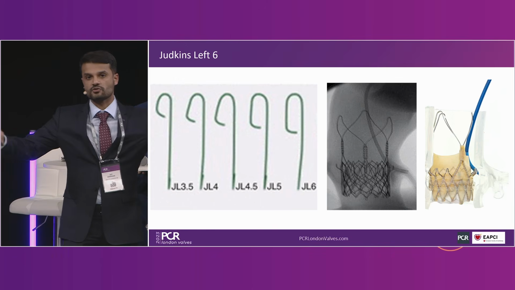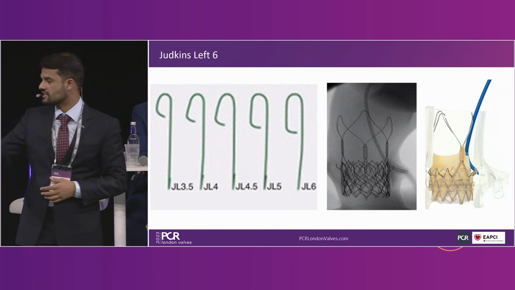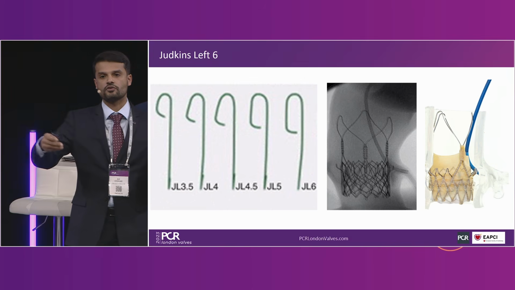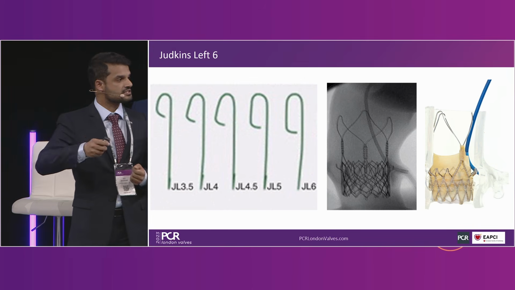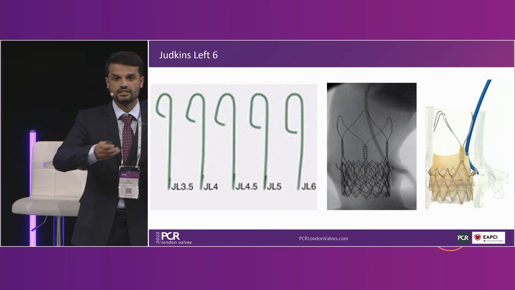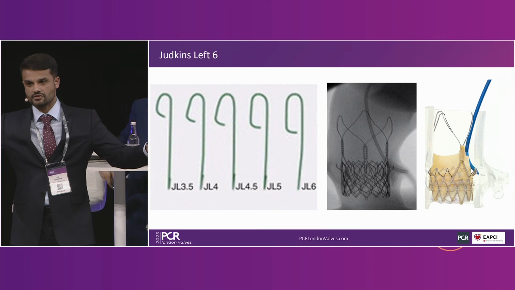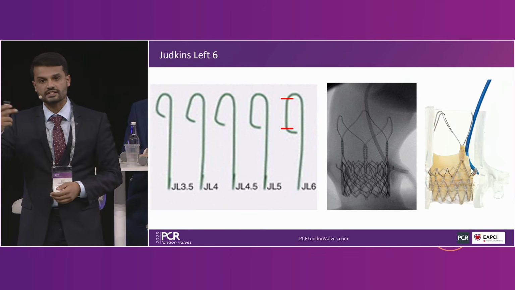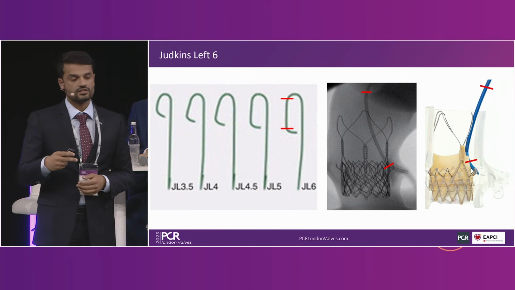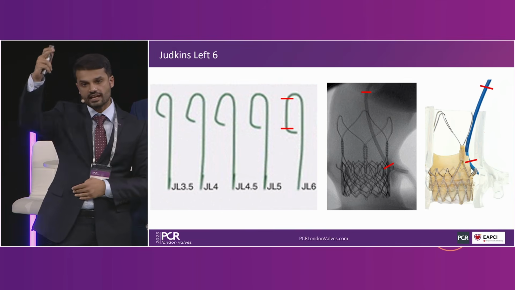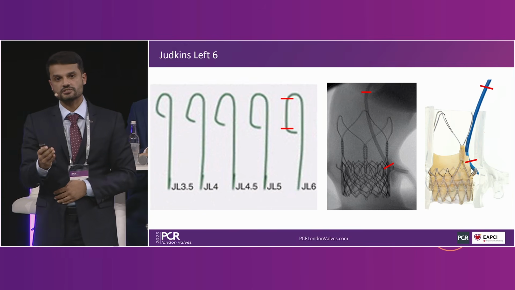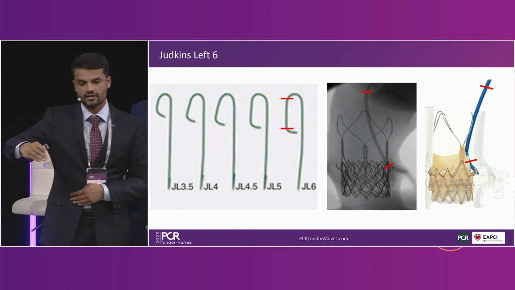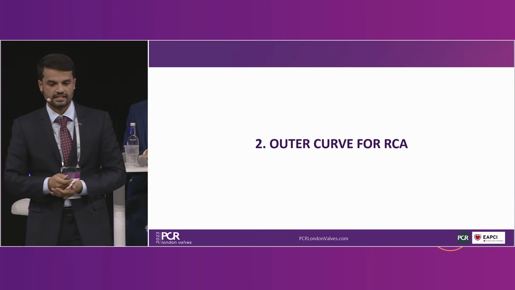Why JL6? So we know, conventionally, we upsize JL3, 4, 5, 6 as the aorta gets more dilated. You have a patient with an aortopathy on the table, the fellow knows, go with a 4 or 5 to begin with. And that's because of the difference between the primary and the secondary curve. The longer the distance, you use it for a wider aorta. Here it's different. To answer your question, we're using the difference between the primary and the secondary curve for the vertical sense, to allow you to simply drop the catheter in a very vertical way, avoid the central obstacles, and it allows you to come along the inner curve. So that's the JL6 or the inner curve technique.